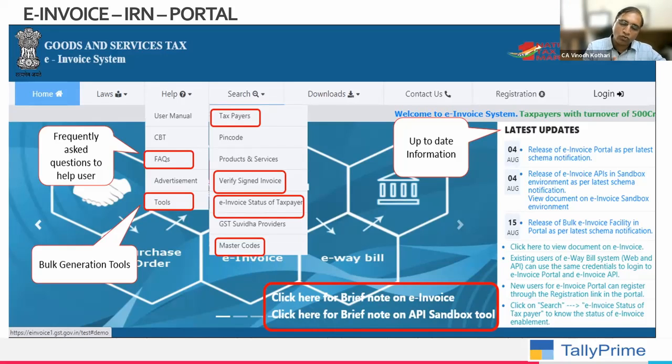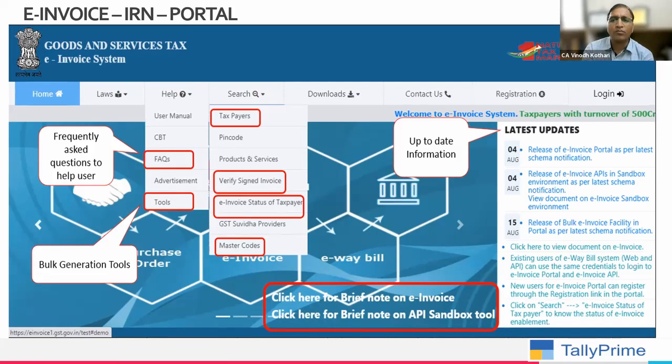Once again, I am telling you, don't take the data based on the GST return alone. See the financial statements, credit side, to check that some exempted income has not been included in the e-invoice, that is the GSTR, otherwise that will create trouble for you. And whatever invoices you get, we have seen the QR code or the 64-digit IRN. If you want to verify those, you can use this verify signed invoice option. Using this, you can verify the invoice you are getting.